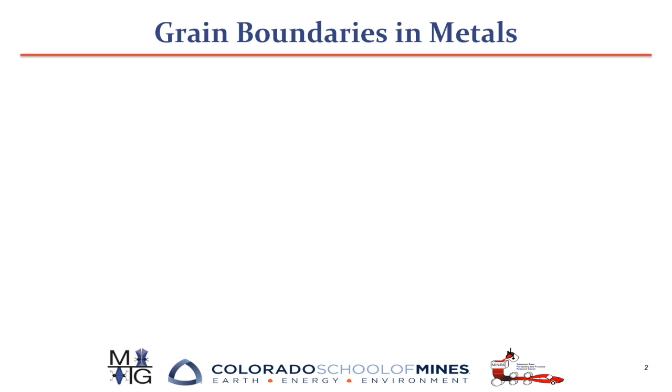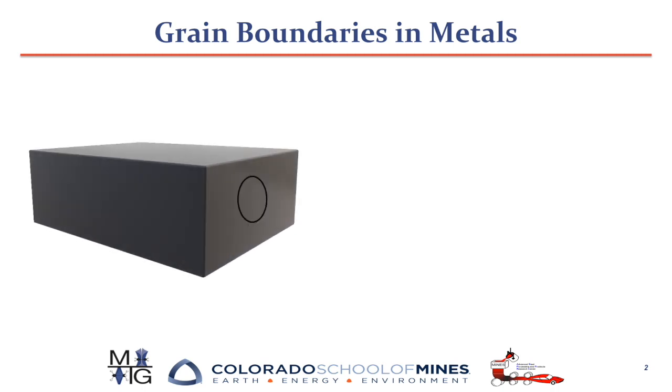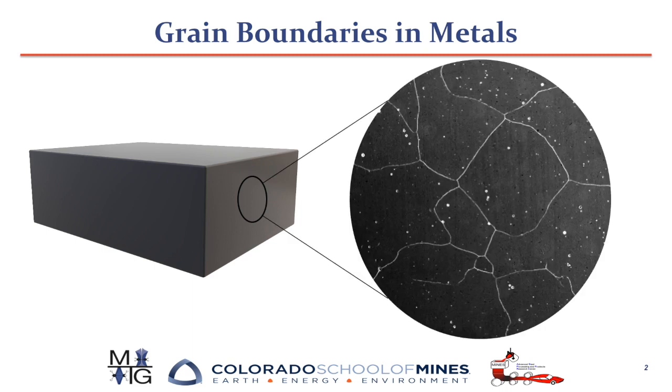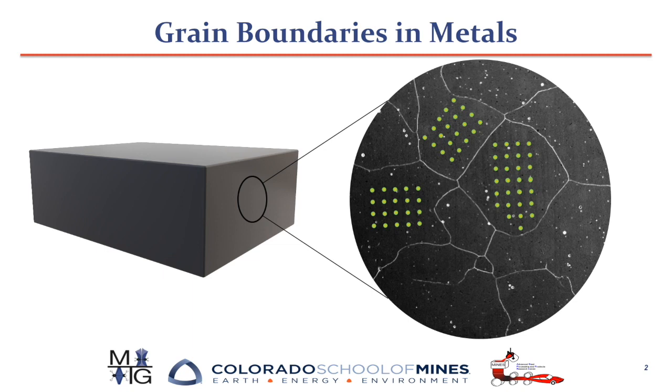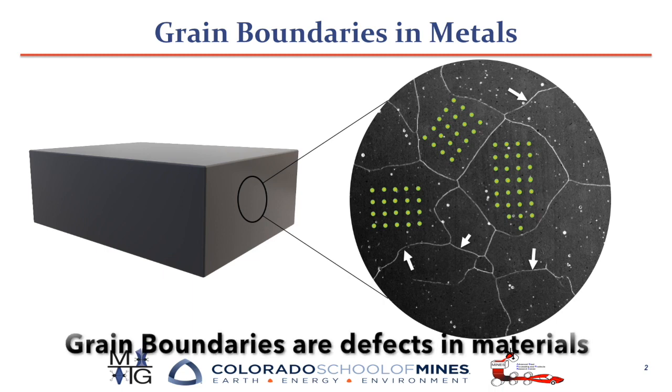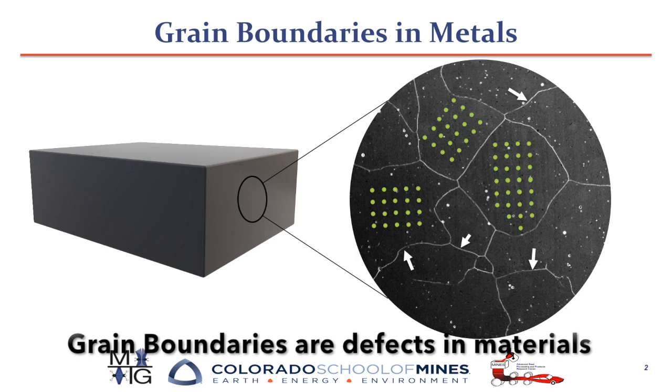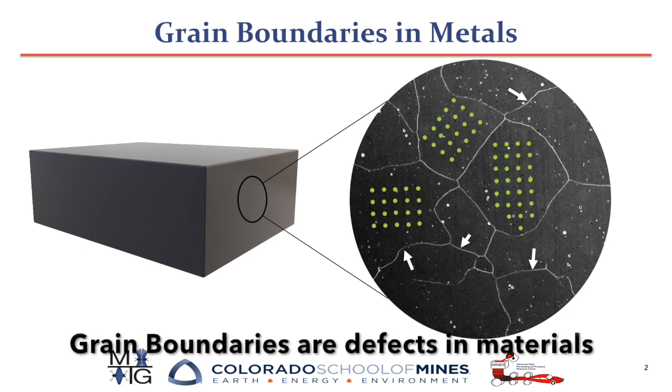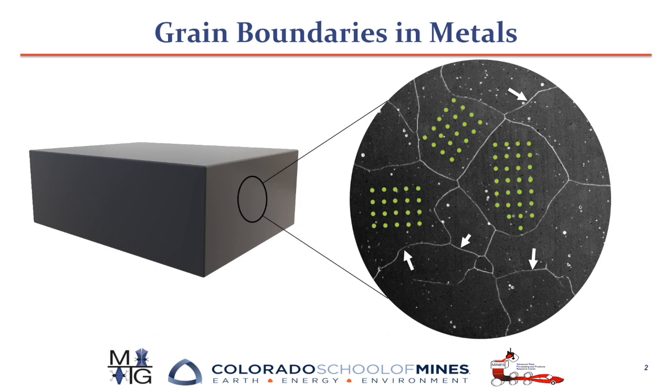A quick overview of grain boundaries in metals. If I have a metal block and I were to analyze one of the surfaces under a microscope, what I would get is a grain structure. Grains separate different atomic orientations and the boundaries of different grains are called grain boundaries. These are inherent defects in a material and engineering these defects is of paramount importance to enhance the performance of